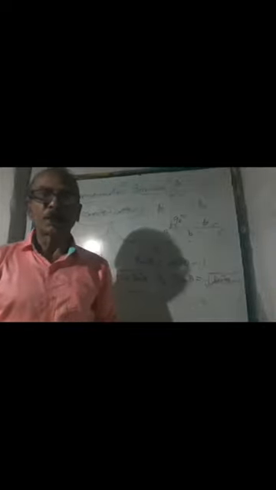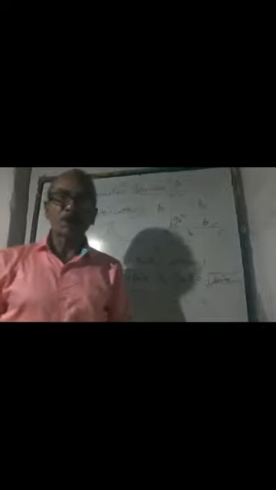Now the third one is, I just give you as a homework, I just write homework here, cosec square theta minus cot square theta is equal to 1. So this one you have to prove. Show it to me whether you can do this one yourself or not. So this is all about all trigonometric identities.